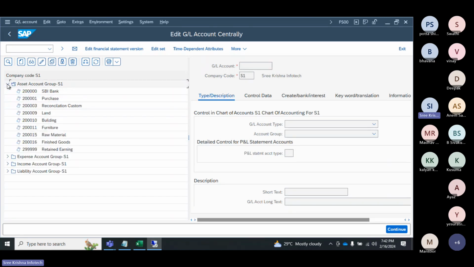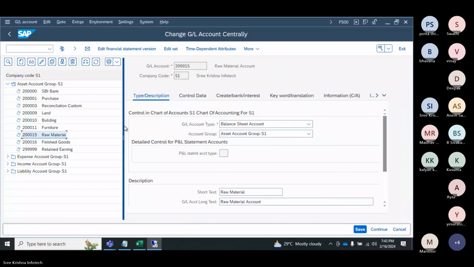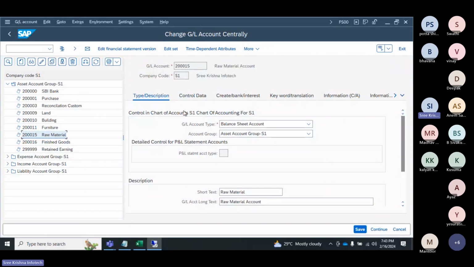So here I have created some, for example, raw material. Change icon. If you have selected here the GL account type, I have cash account, secondary cost, primary cost, non-operative expense and income, and balance sheet. For example, if I select the balance sheet,